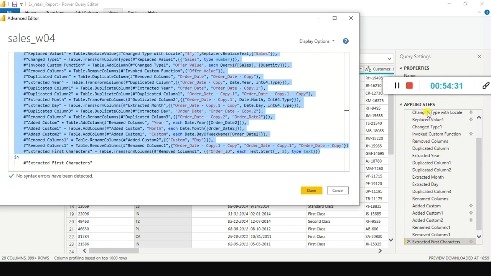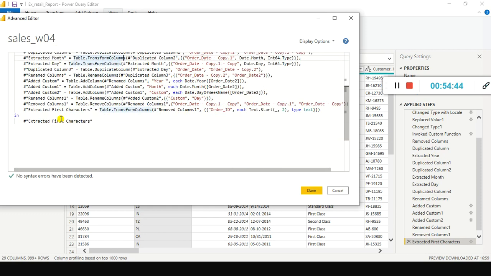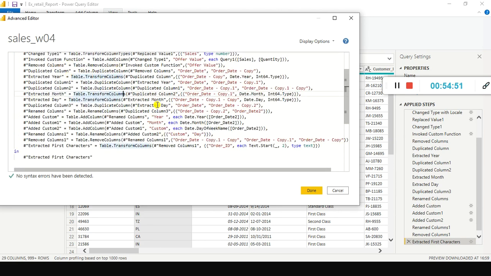Everything got registered here on the right side, the applied steps, and the corresponding commands used behind the scene are recorded or made part of your let block. This is called the let block, and the in block is the output of your query. See, finally you arrived at this one, right? You applied all the steps and finally extracted first characters. This is the output of your query, that is what it shows.